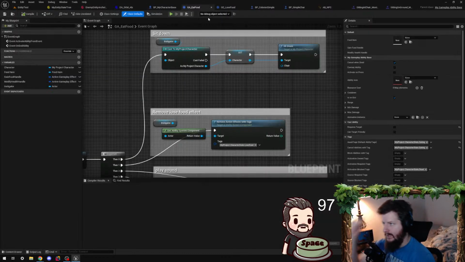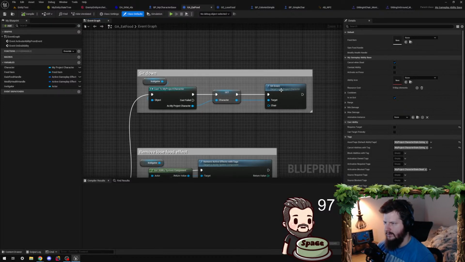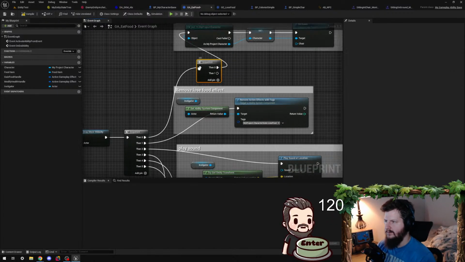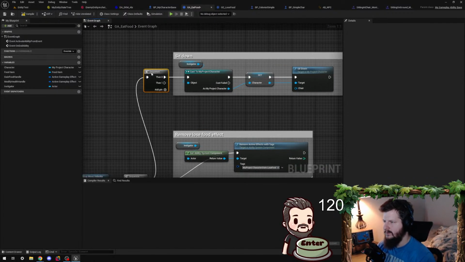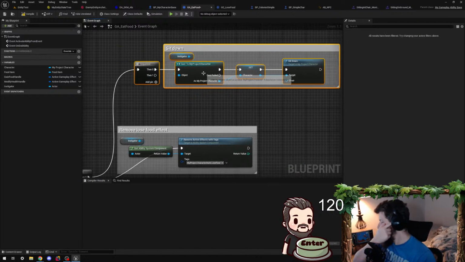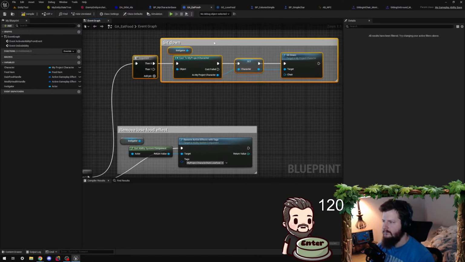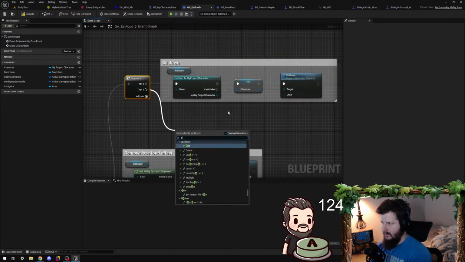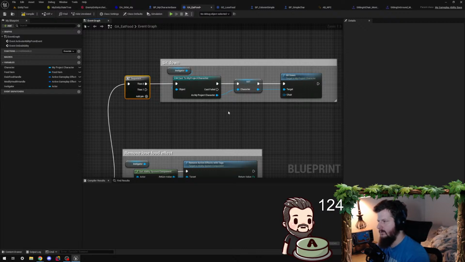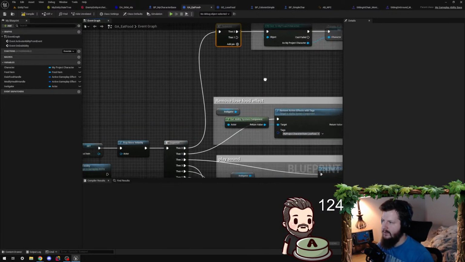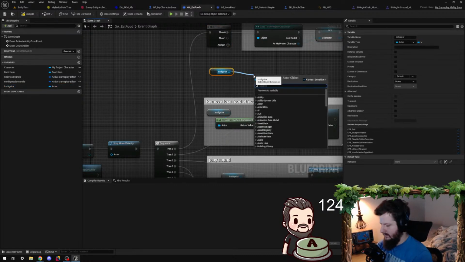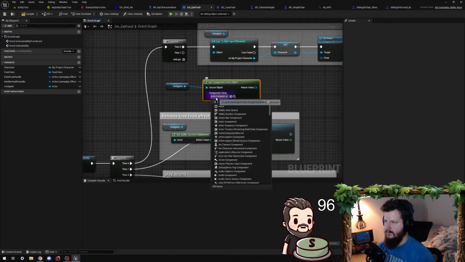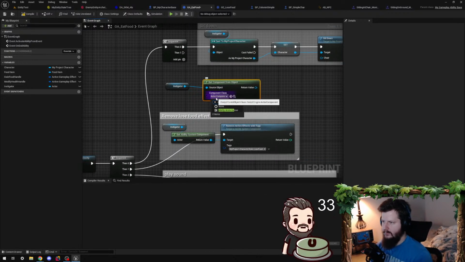Well, no, we need to update our eat food now. So this, I'll keep that in there for now, but this really needs to be another sequence here. Sequencers. Sequencing. There we go. Add that in. I need the ability anim Q of the instigator, right? Did I set instigator? I did. Get component from object. And we need anim Q